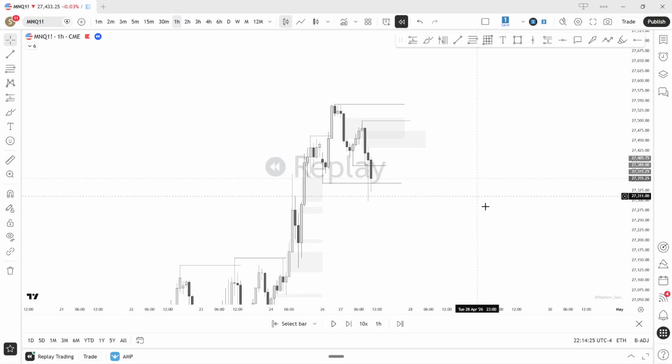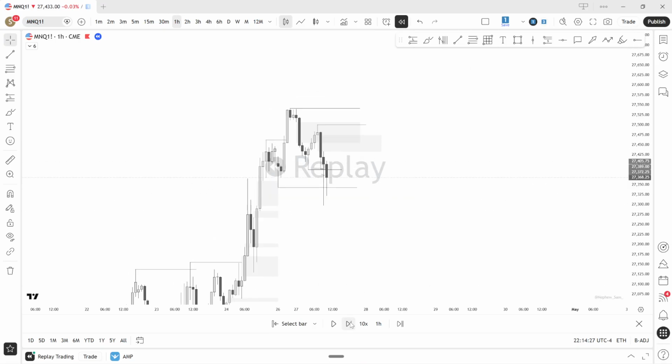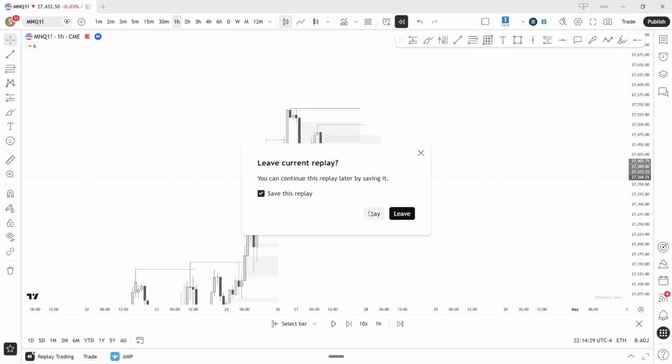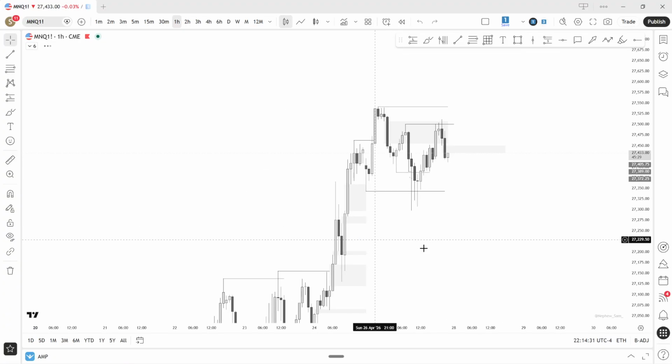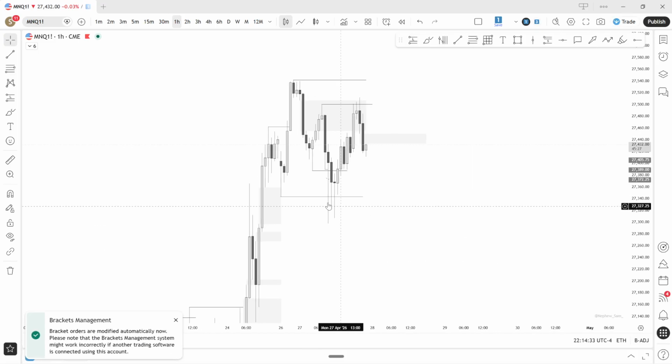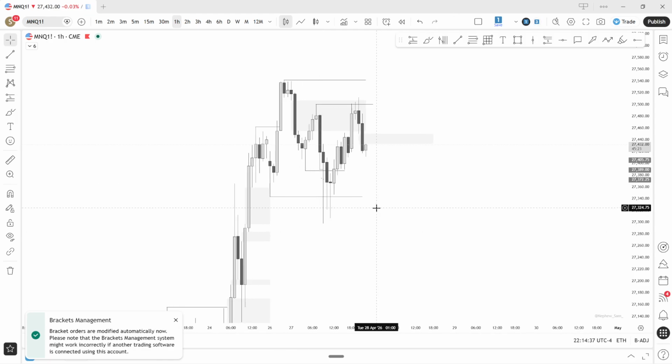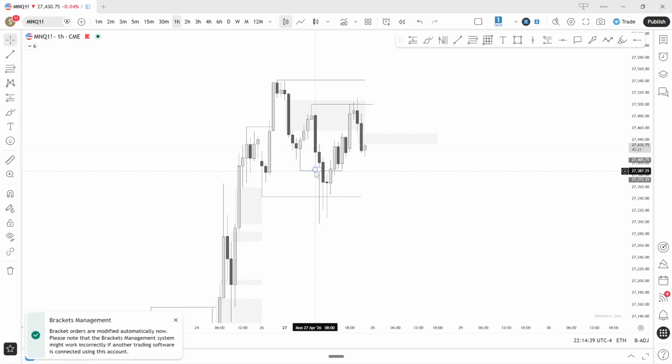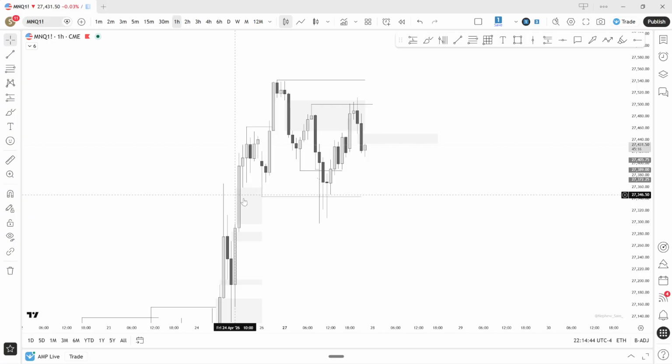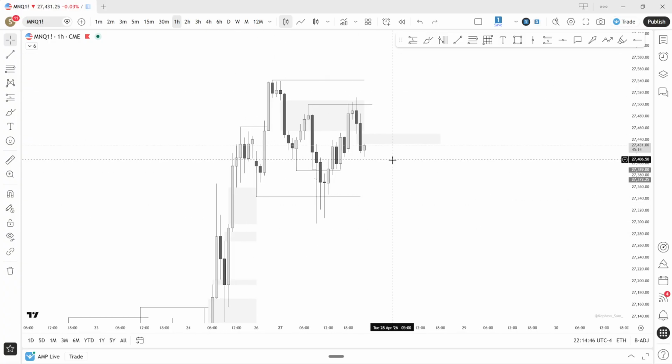It's a Monday. There's not much you should expect, but the obvious option was we need to take out this pool to run to the upside. So pretty simple stuff, just basic liquidity concepts that I missed out on today. If we're taking this low, we're obviously going to also take this low, respect this 1 hour gap, and then displace higher.